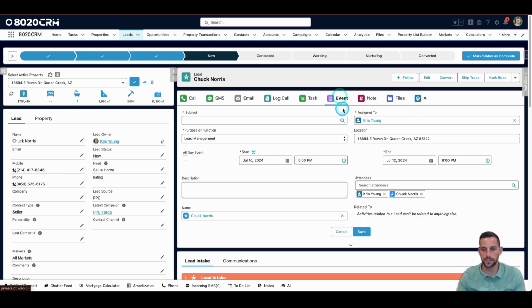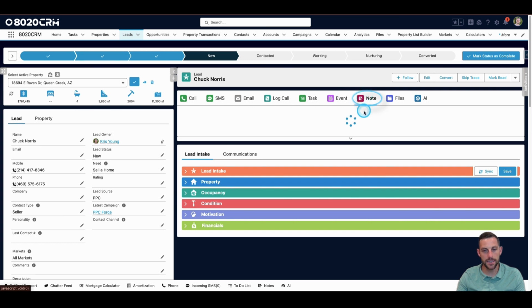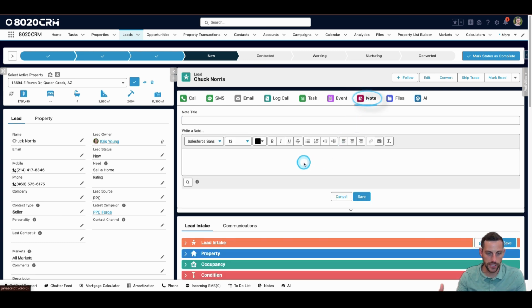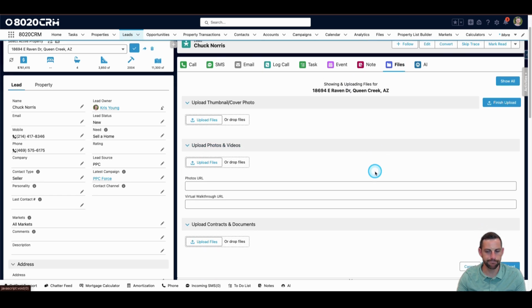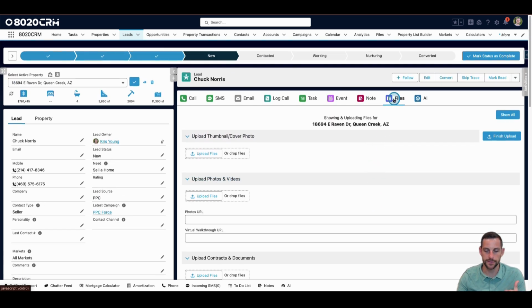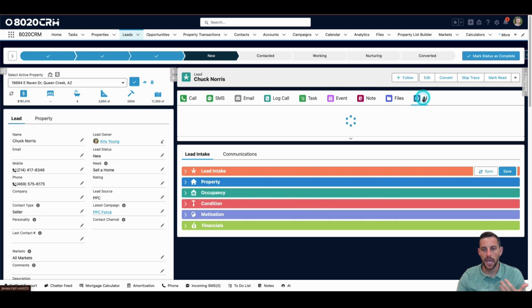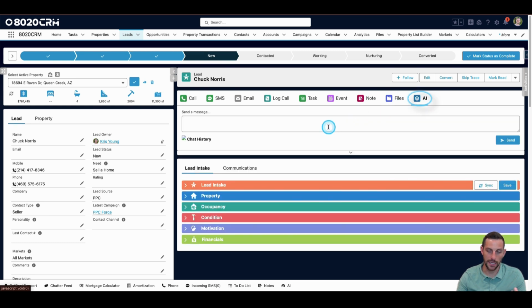So you've got, if you need to create an event, if you want to add a note, now this can be kind of like a journal entry of sorts. You can bullet it, you can add a little more formatting to it. If you have files attached, in a lead, you're rarely going to have files attached, so you shouldn't have to worry about that too much. And then if you need to use AI, or you'd like to use AI, that is available for you as well. So you've got